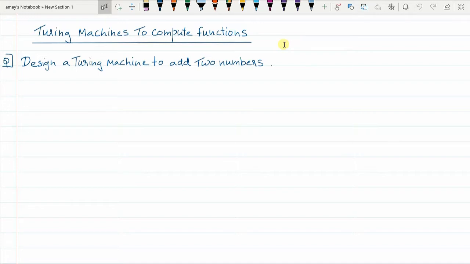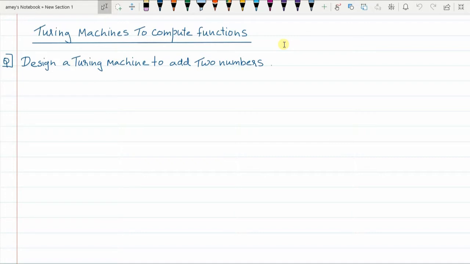The end result of this would be that the tape of the Turing machine should contain the final answer at the end of the computation. So initially the problem or the string is inserted onto the tape, and at the end of computation that string or that problem which was earlier kept on the tape should be replaced with the answer that is expected.